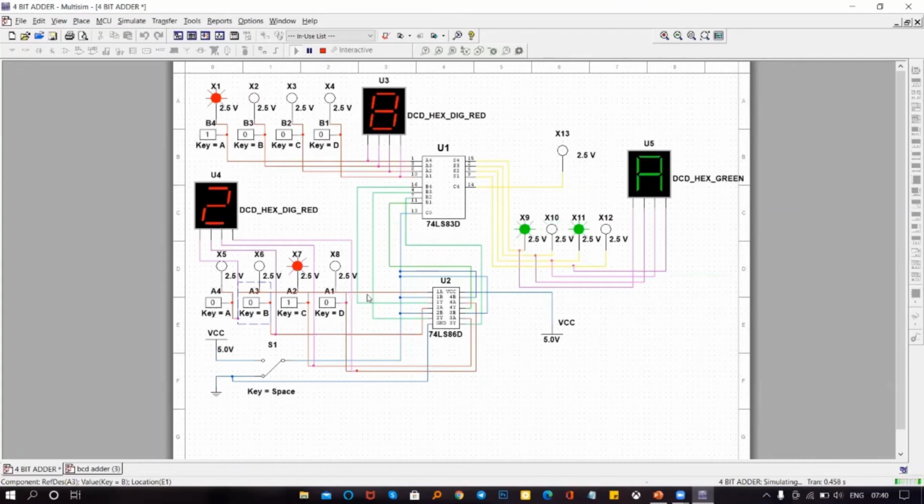So 8 plus 2, it says A, which is the hex representation of 10. Now let's perform the subtraction operation. 8 minus 2, which is 6. 8 minus 1, it says 7. So hence the values are verified.